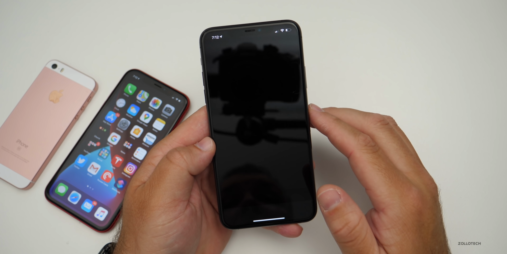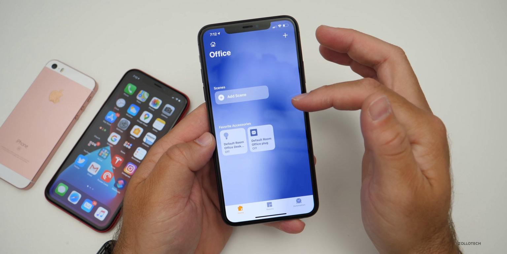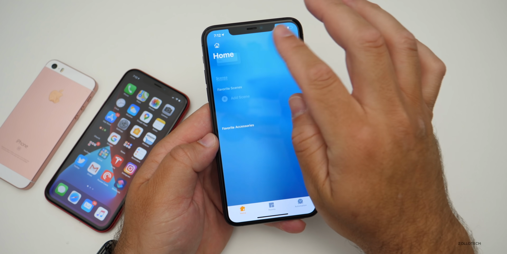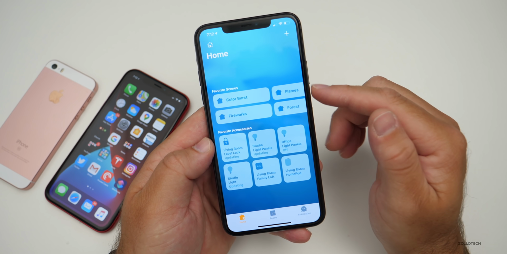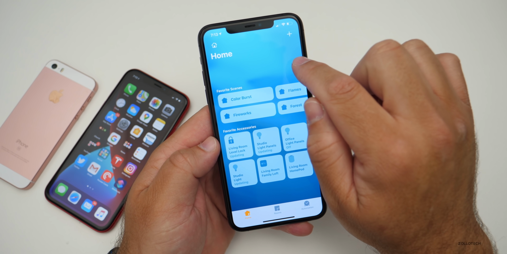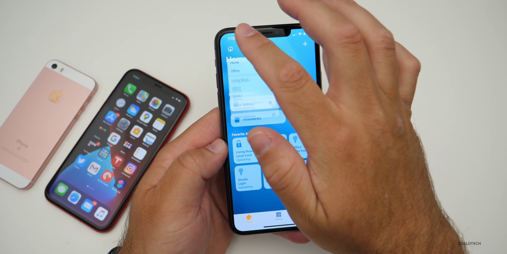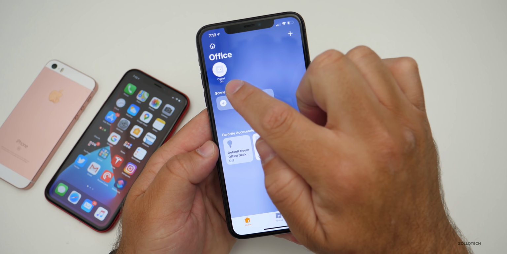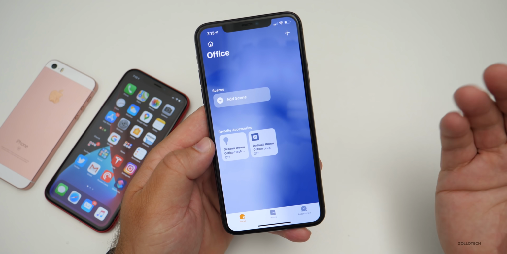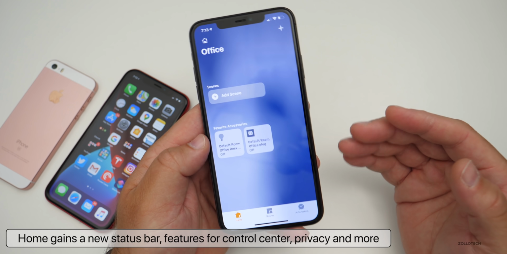And within the Home app, they've updated this as well. So you'll see I only have a scene here, and then I can switch where I'm at. We'll just go home here, and you'll see we have favorite scenes. Now, should I have something that needs attention, there'll be a status bar here on the top, based on what you might need, what's turned on. So if we go to the office, let's turn this on, and you'll see it shows up as a status at the top. Turn it off, it goes away because it's not important. So it's really nice.